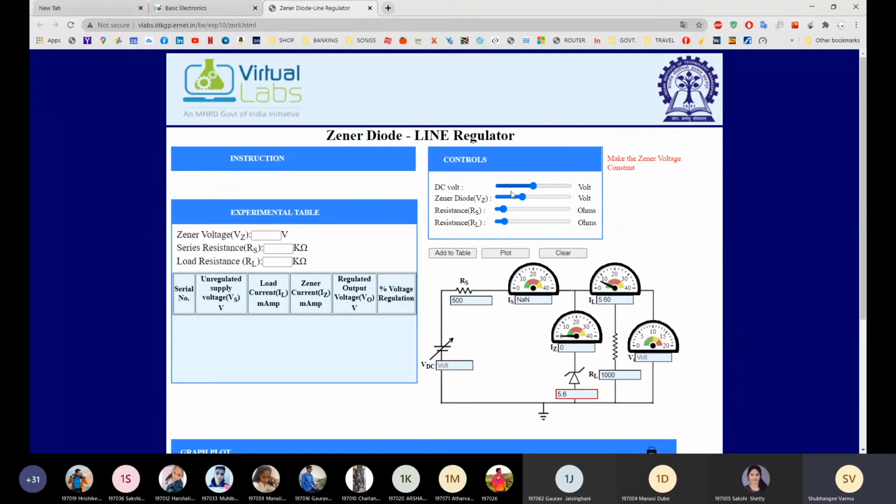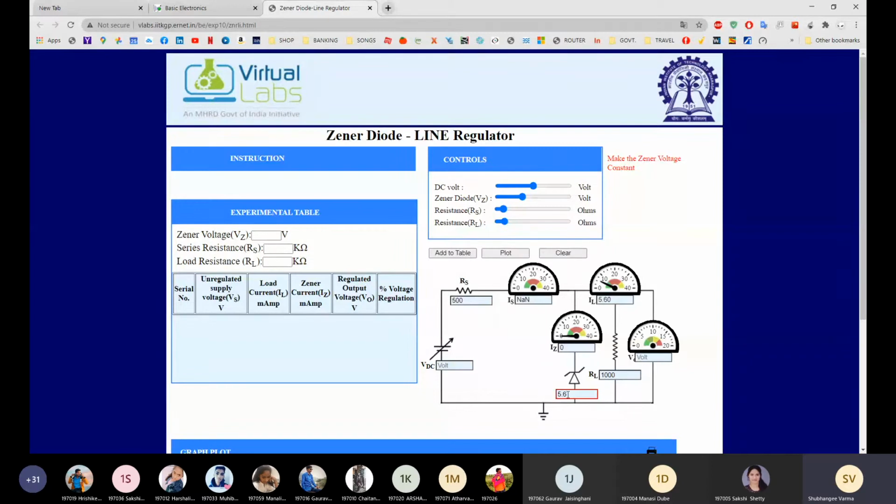And now I am going to change this VDC, and we are going to observe the voltage. We have chosen the Zener diode of 5.6. So up to 5.6, you will get a lower voltage.